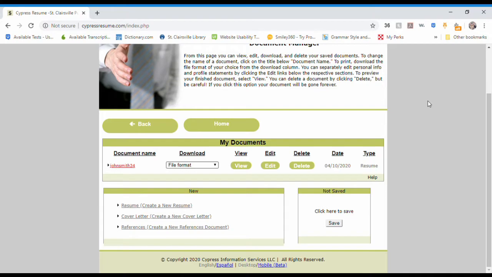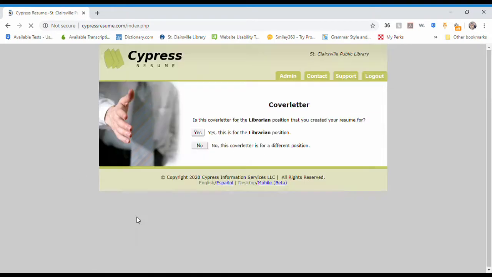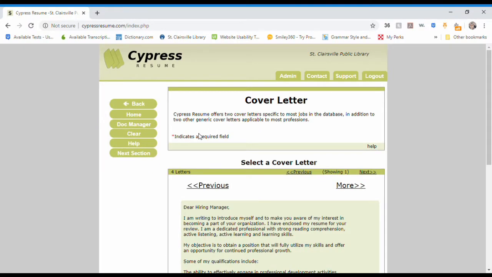Okay, now that our resume is completed, let's move on to create a cover letter. So we'll select a cover letter from the list, and it's going to ask us if we want to make a cover letter for the resume that we just created or for a different position. So we're going to select yes, we want to make a cover letter for the resume that we've just completed,